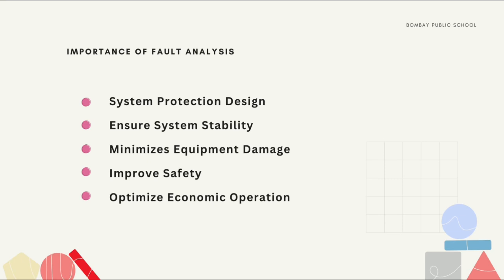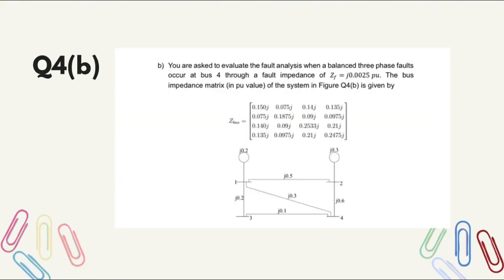Okay, so an example of the importance of fault analysis in Malaysia can be seen in the major blackout on August 3, 1996, which caused a widespread power outage across Peninsular Malaysia in several houses. The disruption was triggered by a lightning strike at the Gurun substation in Kedah. So for question B,